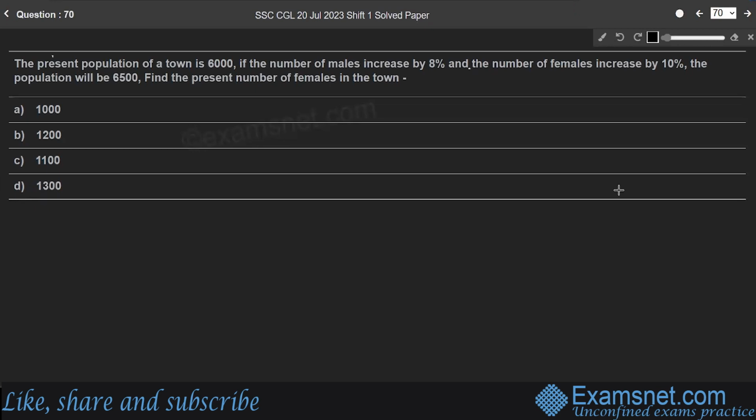Question 70. The present population of a town is 6,000. If the number of males increases by 8% and the number of females increases by 10%, then the population will be 6,500. Find the present number of females in the town, right? So let M be the number of males in the town and F be the number of females in the town,